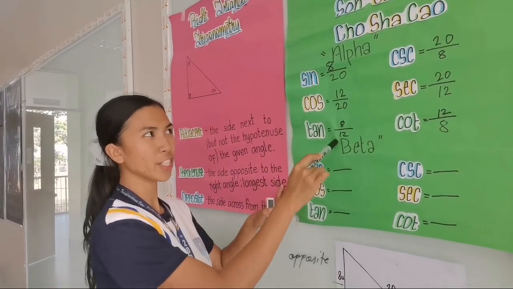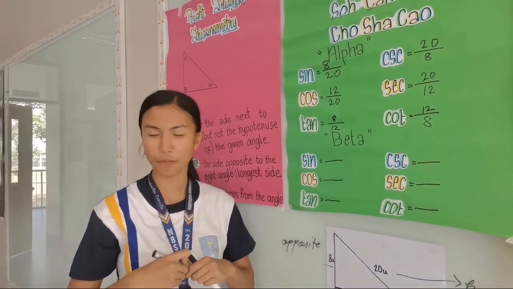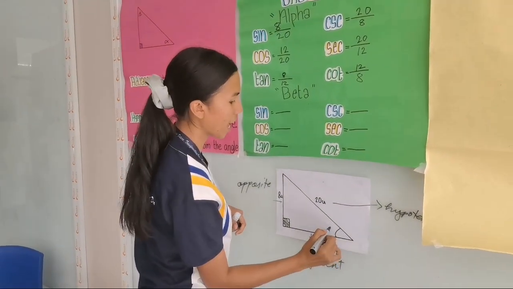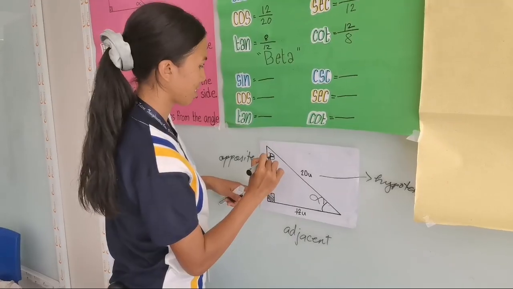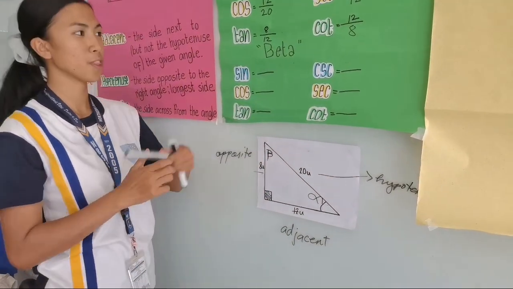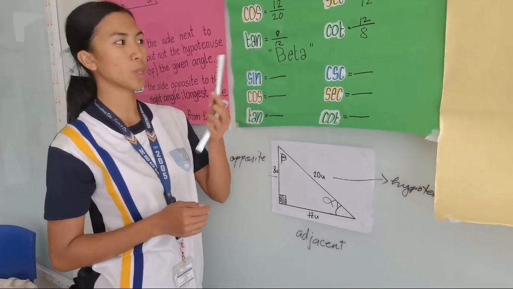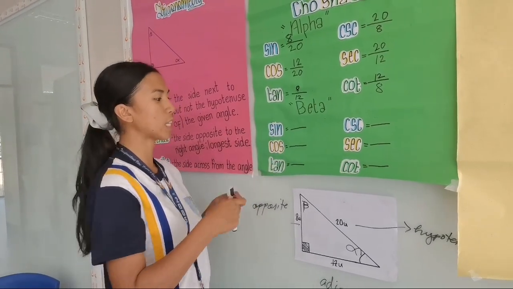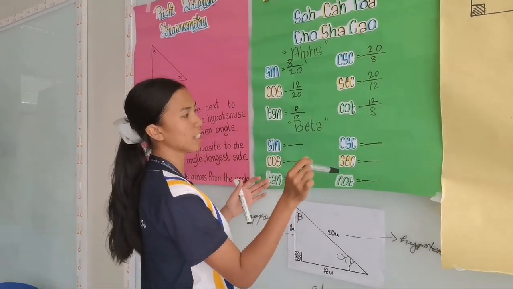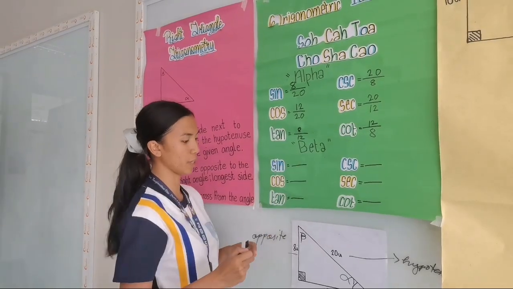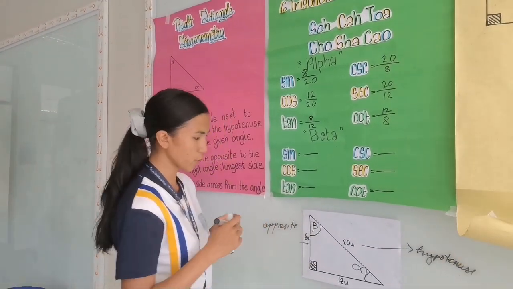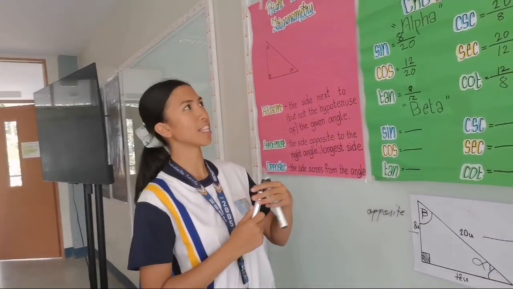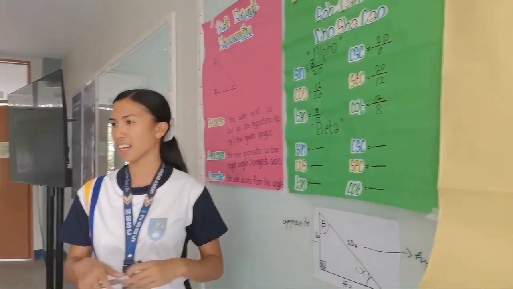So the values that we identified have the alpha angle as the reference angle, which is this side. As you can see here on the board, I write here the beta. We will now identify the sine, cosine, tangent, cosecant, secant, and cotangent based on the beta angle, which is this one. So students, do you think you can identify the trigonometric identities using the beta angle? Yes.